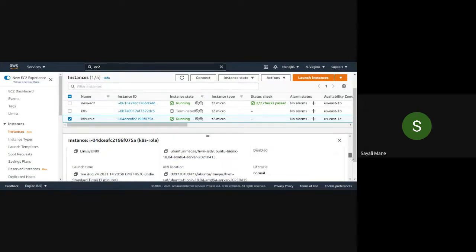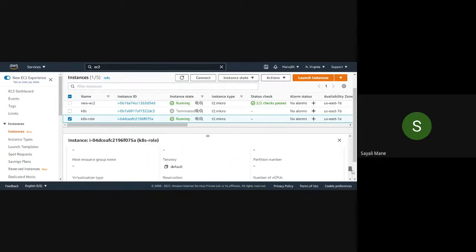Monitoring disabled. All the information is written over here. So please take a screenshot of it, and please highlight your instance name. Right now my instance name is KTest role. So please highlight your instance name. Take a screenshot of the whole screen if possible.